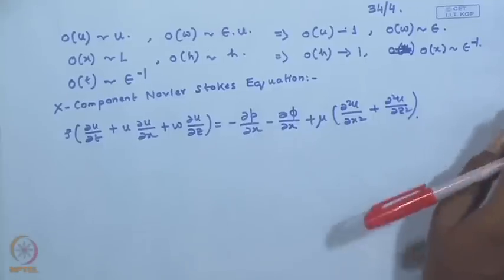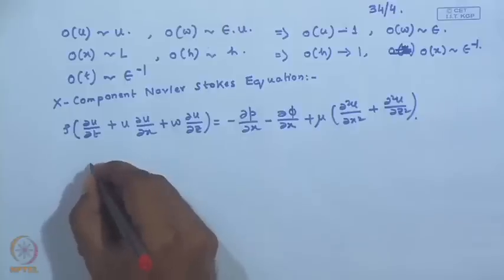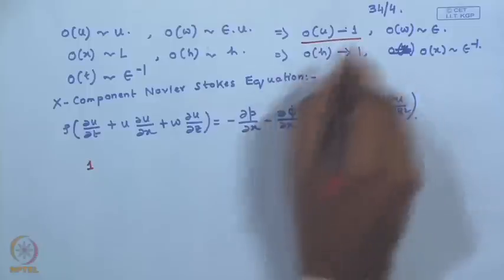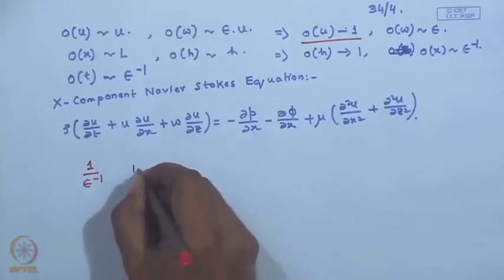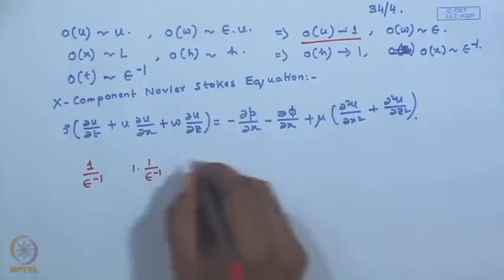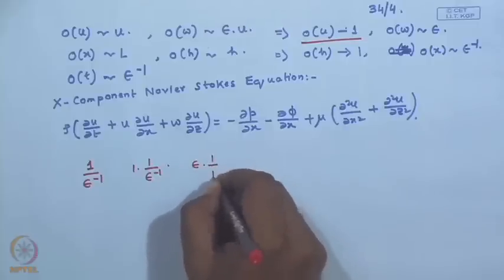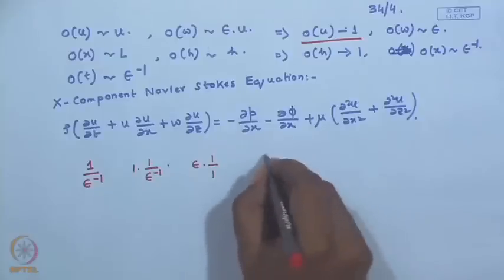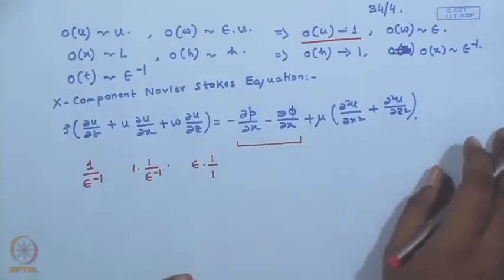Okay. Now, if we plug in the respective orders, we will find the first term will have an order of 1, corresponding to u and epsilon inverse. The second term will have an order, u is 1, again 1, and x is epsilon inverse. Third one, w is epsilon, u is 1, z is 1. This term remains, we do not do anything because we have no idea about their order,